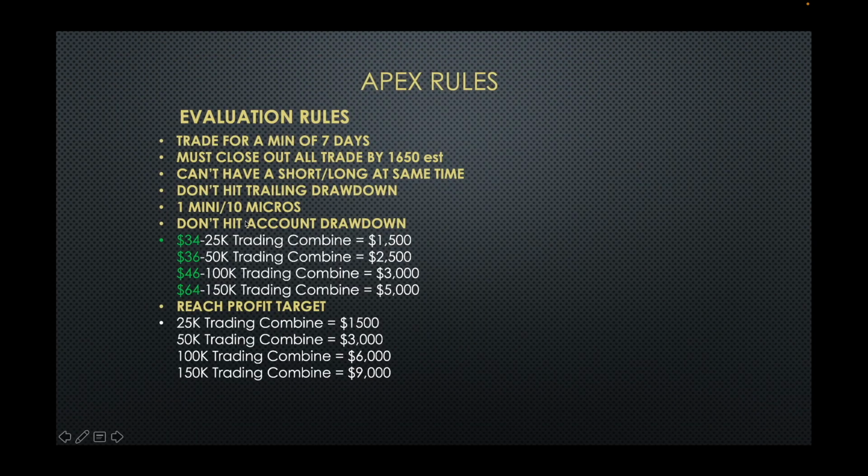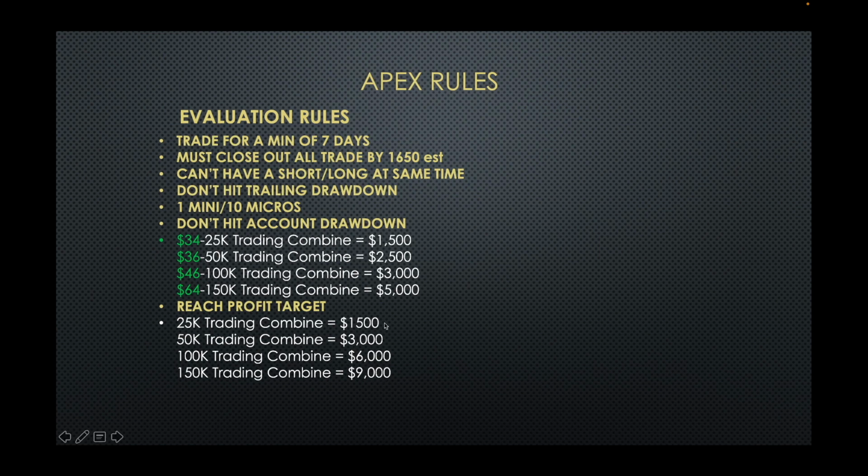So again, don't hit the account drawdown. And this is the drawdown per account. There's more accounts. I only listed these first 4 because pound for pound, I got a slide at the end that compares the percentages. Basically, 25, 50, and 150 are your best percentage ratios of drawdown to profit target to hit.